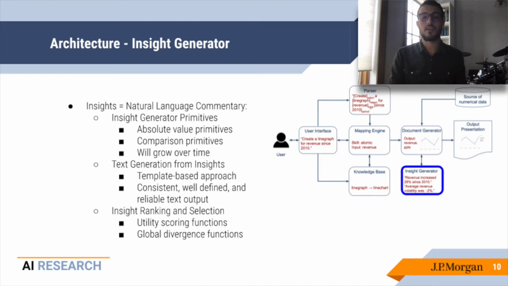We refer to this natural language commentary as insight. Then, the insight generator is composed of three main parts. First, a set of primitives that are mathematical operations performed on the data. Second, the mapping from this insight to actual natural language text that is friendly to users. Finally, we need to be able to select and rank the insights in order to show only what is most